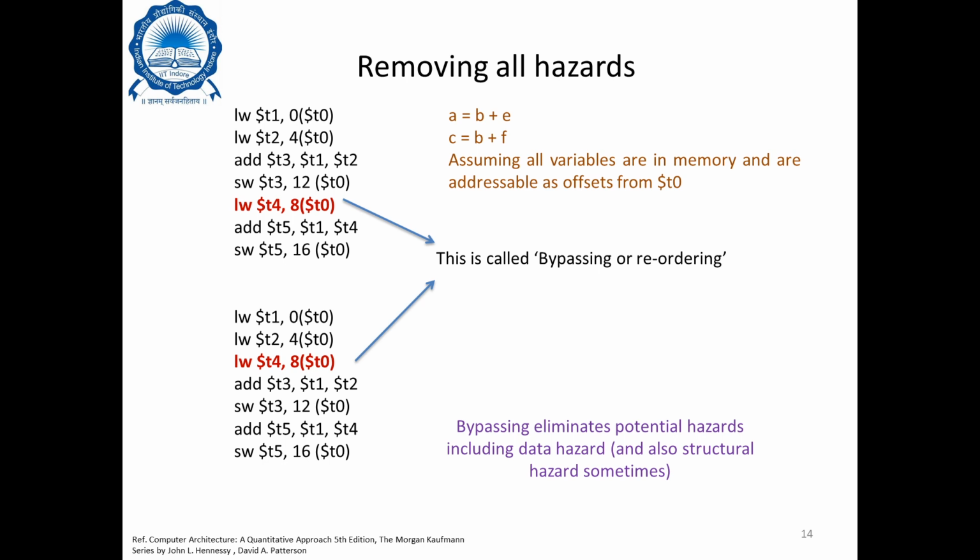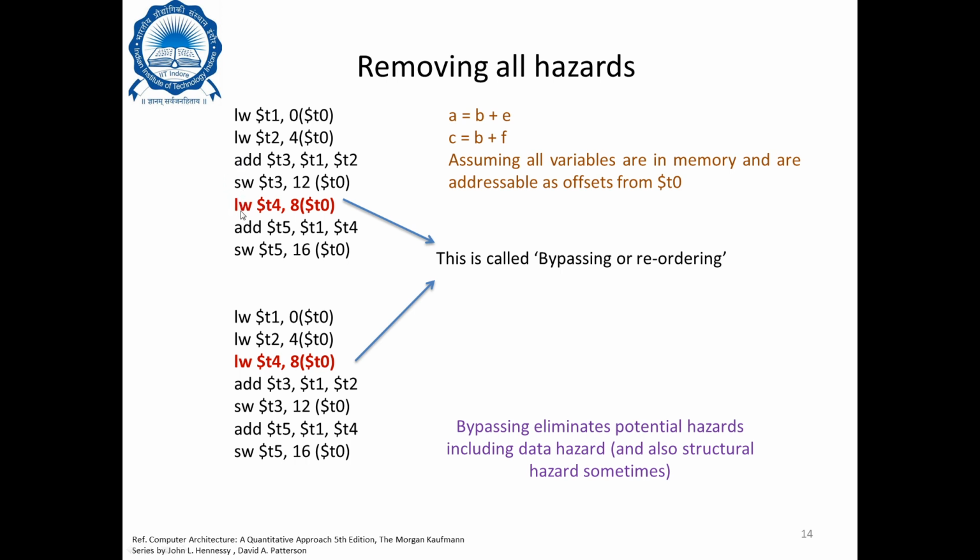Now let us have a look at what we can do to remove all these hazards. Is there a way to remove all these hazards? Yes, there is a way. One of the simplest ways is, this is the piece of code that you had. Now if we do something called bypassing or reordering, which is just to shift this line of MIPS instruction up into here